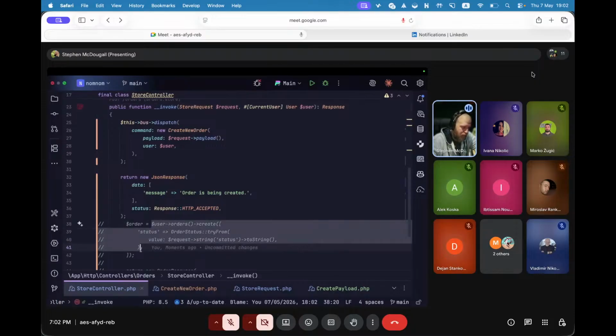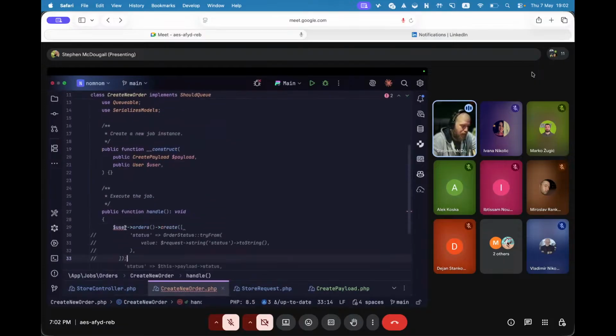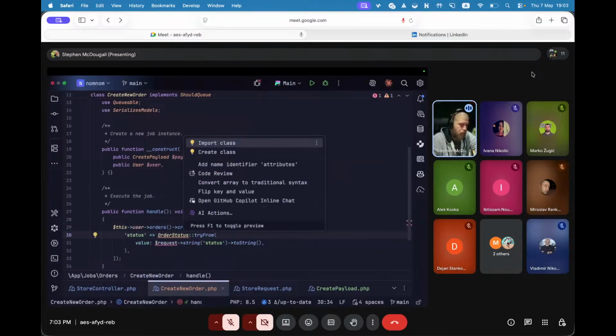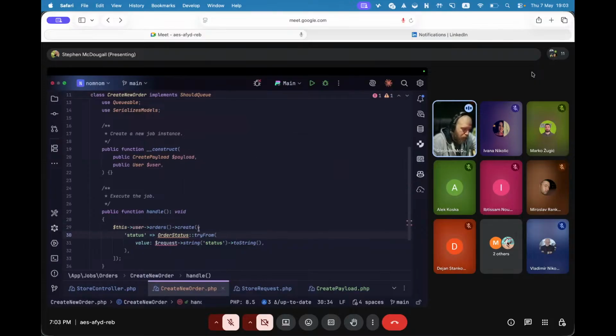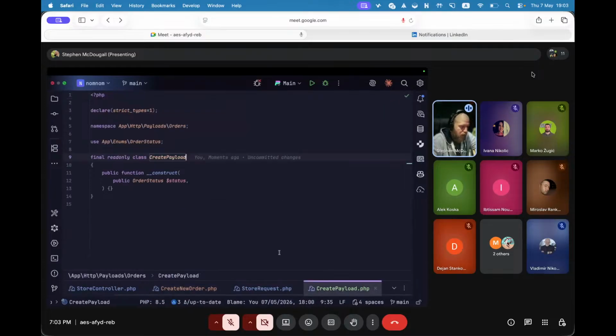So what we can then do, we can come over to this create new order. Inside here, we can just say this user orders create, not going to do that, going to drop that for a second,